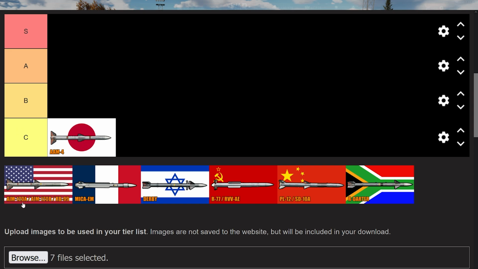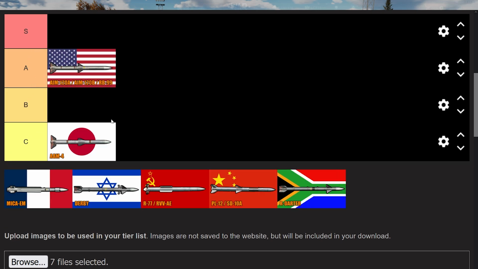M120, and of course I included the M120A, the B, and the RB99, since they are all the same missile in the game right now. I would put it in the A category. Why? Because it's the good-at-everything missile. It's good at turning, it's good at long range, but the thing is, it is still going to be worse in turning and in short range engagements than some of the others that we're going to talk about,